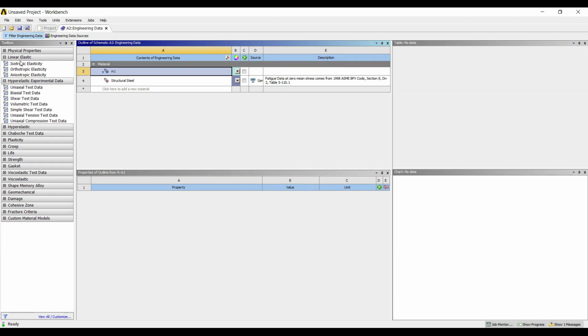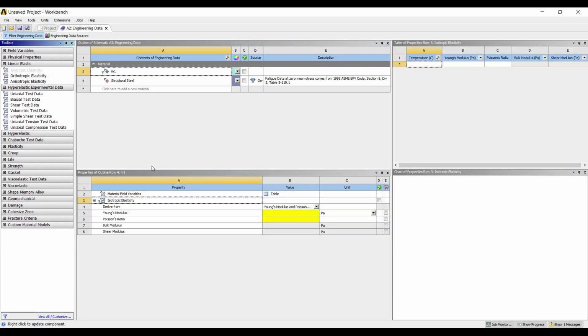Now I need to give some properties here. If you look carefully, I have to give the value of shear modulus. When I derive from Young's modulus and Poisson's ratio using the formulas of strength of materials, there is a relation between Young's modulus, shear modulus and bulk modulus. So using those relations, if you know 2 values, you can calculate the third one. Or if you know any one modulus and the value of Poisson's ratio, you can also calculate the other 2 modulus values. I cannot use Young's modulus and Poisson's ratio.